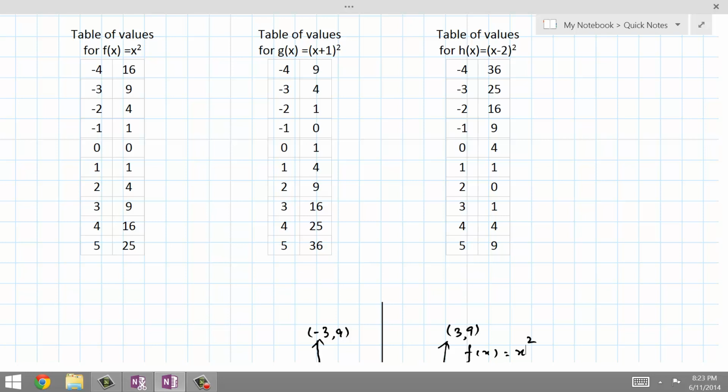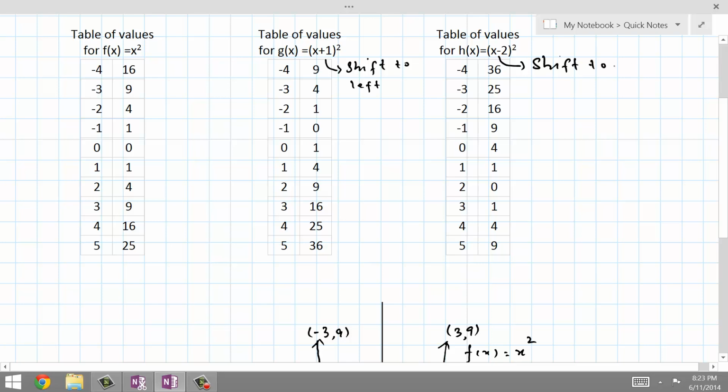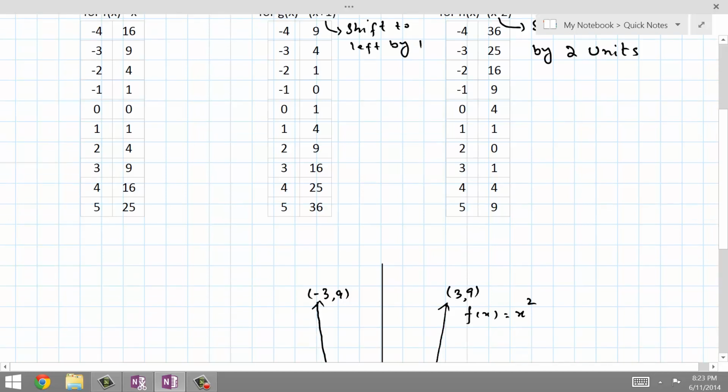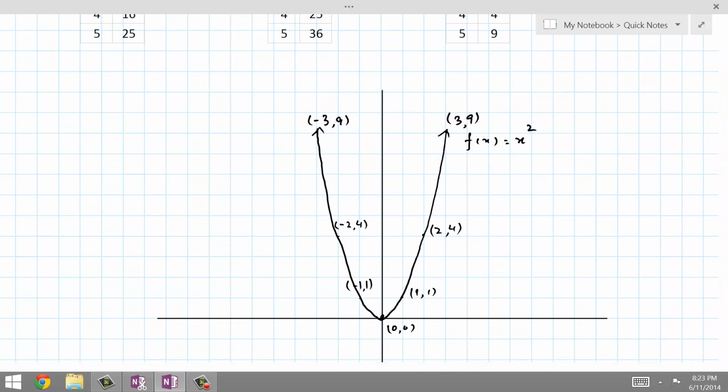X plus 1 whole square tells us it's a horizontal shift inside the square, and positive sign means x will be shifted toward left. So positive means shift to left, and the negative means shift to right by 2 units, and here shift to left by 1 unit. So keeping y values same, now we are going to shift x values toward left by 1 unit